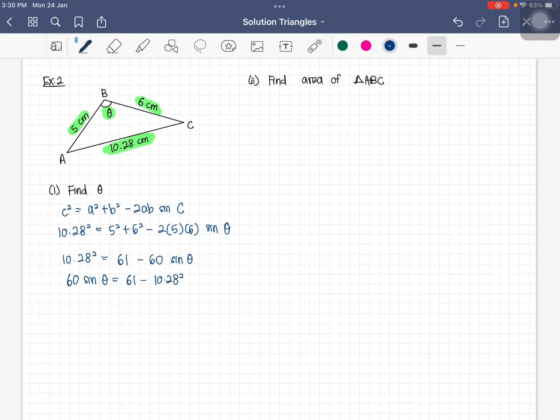When you press your calculator, 61 minus 10.28 squared, you should get negative 44.6784. So this is 60 sine of theta. So sine of theta should be given by, you bring 60 to the right side, therefore I've got sine of theta, which is given by negative 0.74464. But what we need to do is to find the angle where it is a negative. So ASTC, so sine is actually